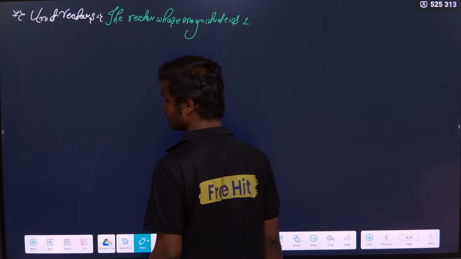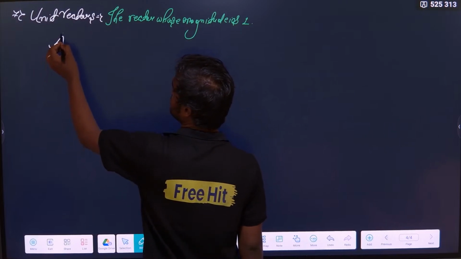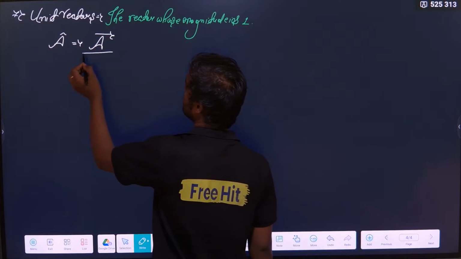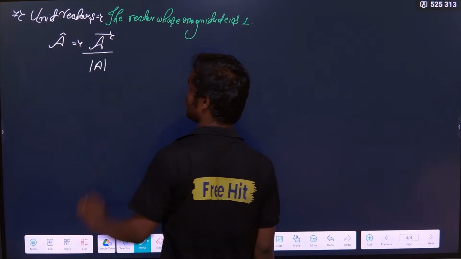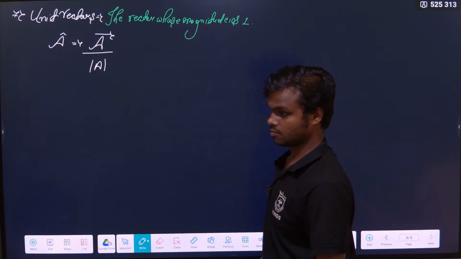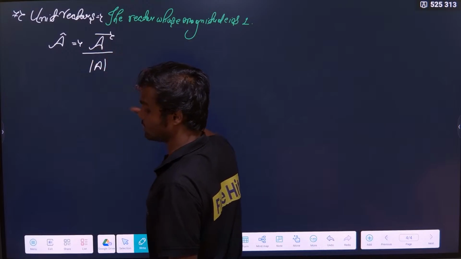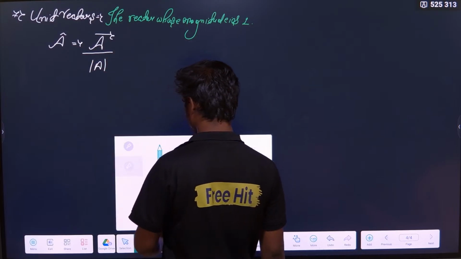Next thing is, a unit vector is represented with a cap, which can be written as the vector, whatever vector we have, divided by its magnitude. How to find the magnitude, I will tell you the method, but till now remember, whatever unit vector you have to find, just take that vector and divide it by its magnitude. Next we have